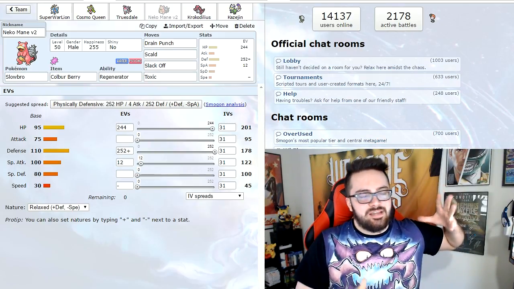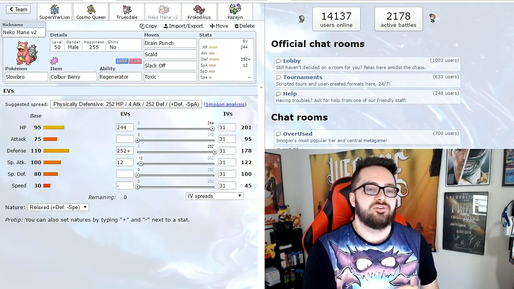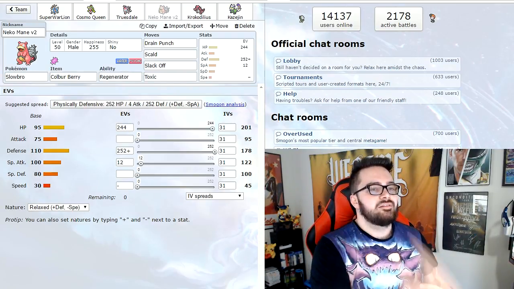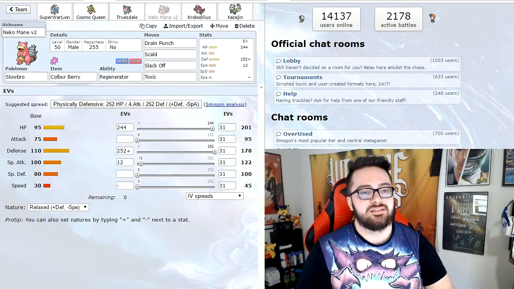Slowbro is going to be to scout damage on everything. If I can figure out the calcs, if I can figure out how much damage it's actually doing, I can see, okay, is this like a Jolly Band? Is this an Adamant Band? Is this a Scarf? Is this an Adamant Scarf? Is this a supportive set? What is it doing? So, Drain Punch, though, does do tremendous damage onto the T-Tar,